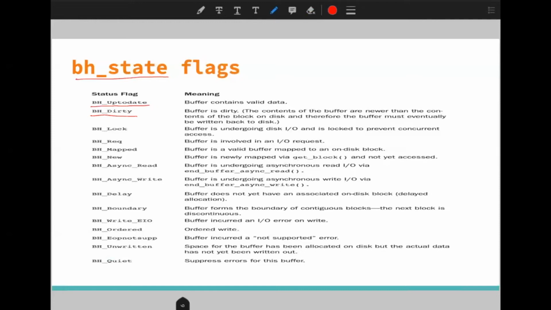Similarly, we have BH_Lock, that means our buffer is currently going through an IO operation and it is locked so that it can prevent concurrent access to that particular buffer. Similarly, we have BH_Req, that means our buffer is involved in an IO request.